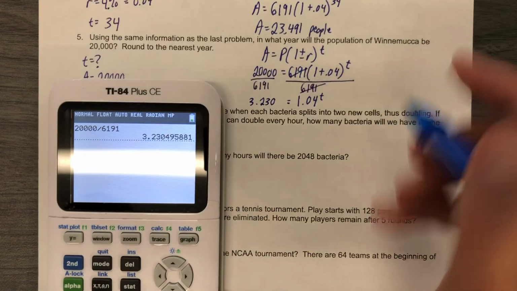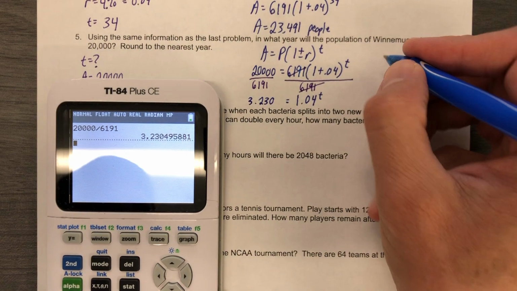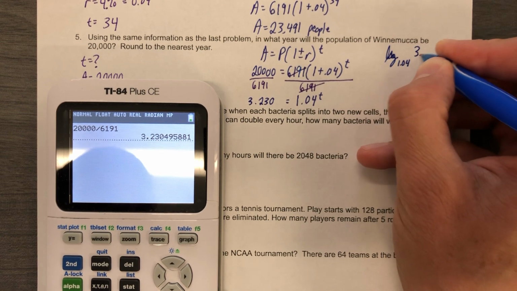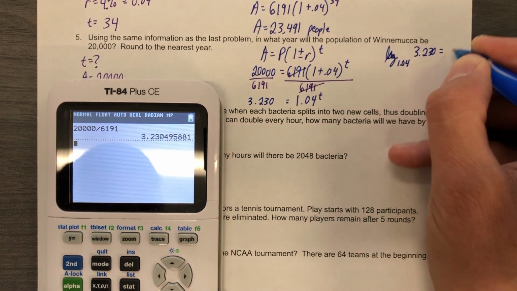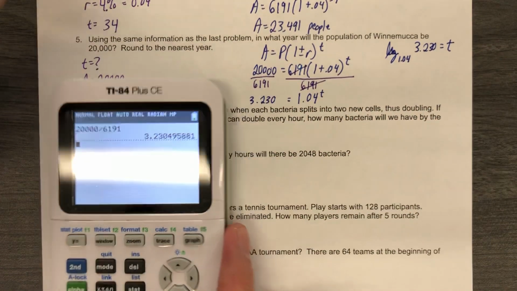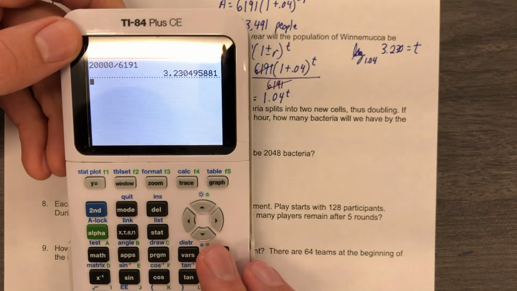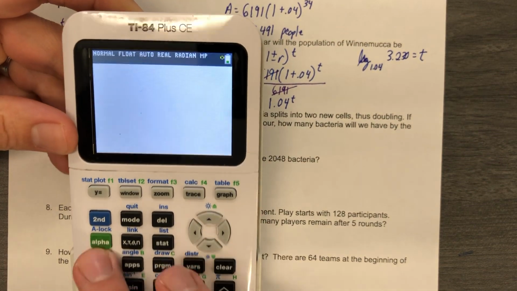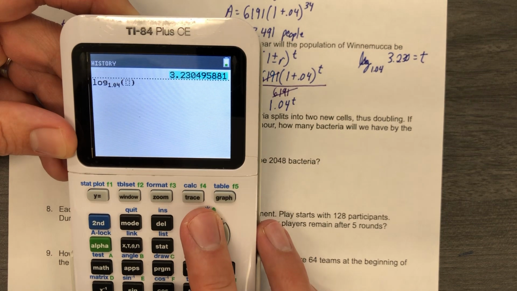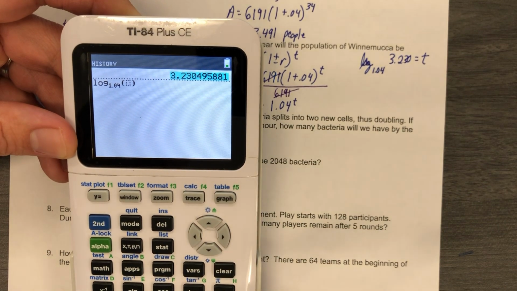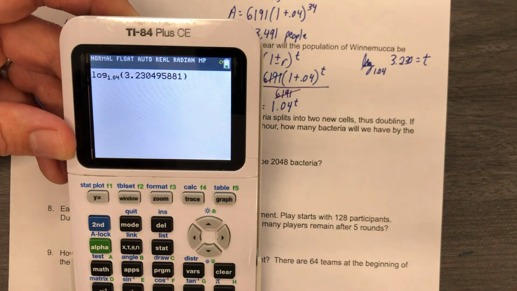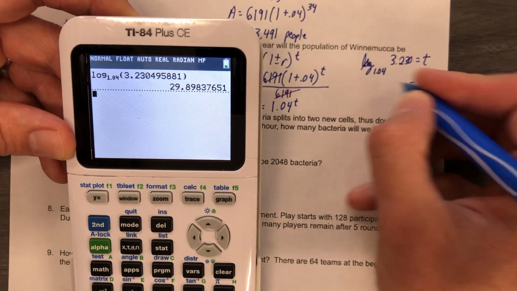So log, are you ready for a log? I am. Log base 1.04 of 3.230 for fun equals t. We have taken what was exponential, turned it into a logarithm. That's why we were ready for this logarithm a minute ago. So get the glare off that thing. 1.04 of, okay, now I'm gonna go back up and retrieve my answer. If you're using Desmos, just copy the number and paste it. There it is. And t equals